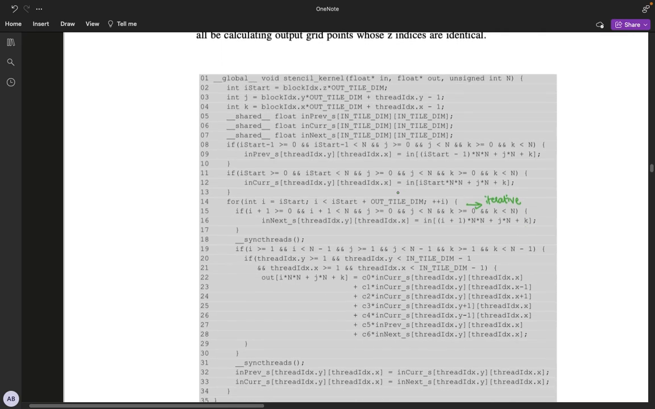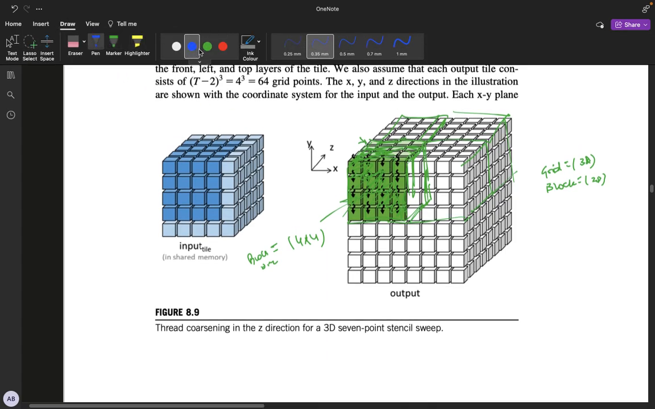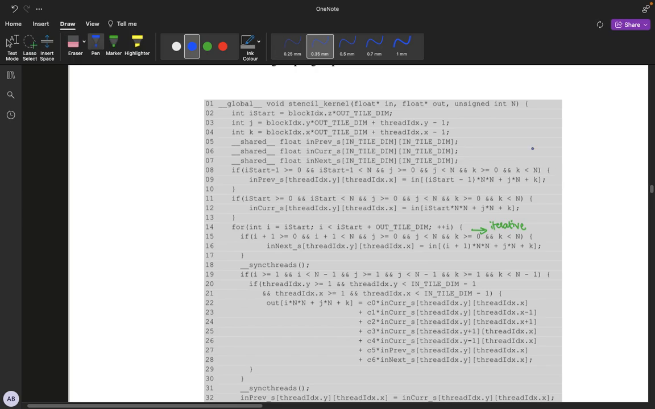Okay, so in each thread, if we are in the second iteration, this thread would require access to this and this value also, like in the previous plane and then in the next plane. So instead of loading just one xy plane into shared memory, we load three xy planes into shared memory. Okay, cool. So the code is like, we first define the three xy planes in shared memory,